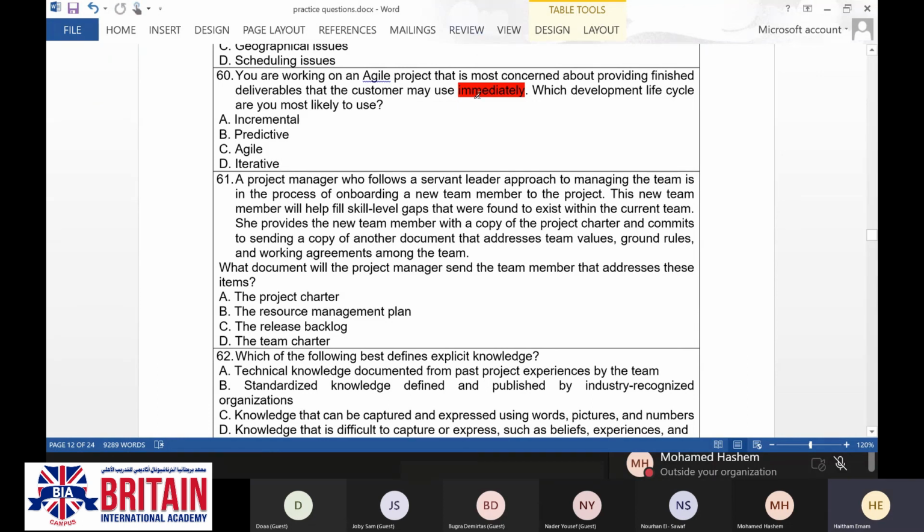Here: use immediately. Again, agile and use immediately. Those are the keywords we have to depend on. One keyword can give you the key for the answer, like the critical path, like immediately, like the EAC.